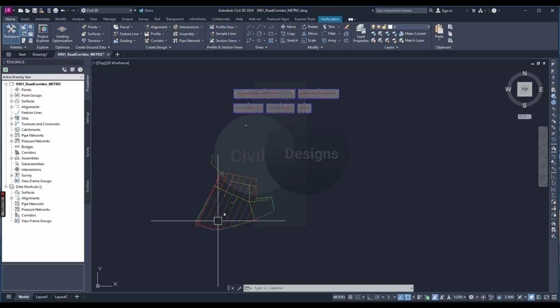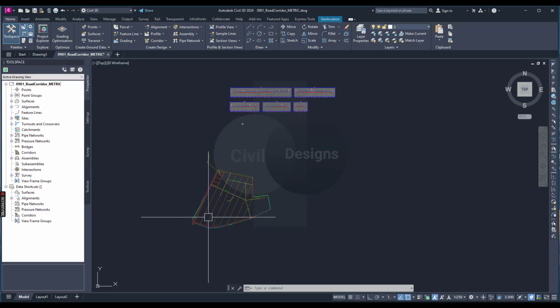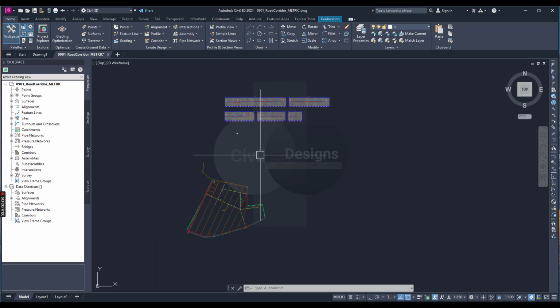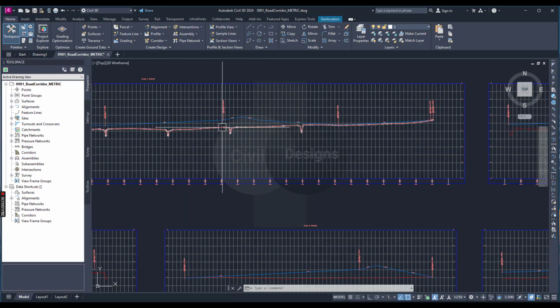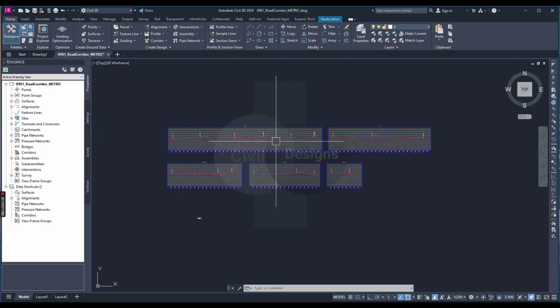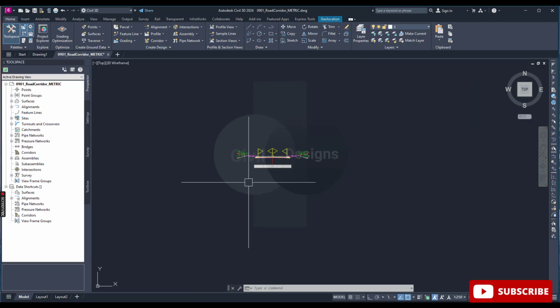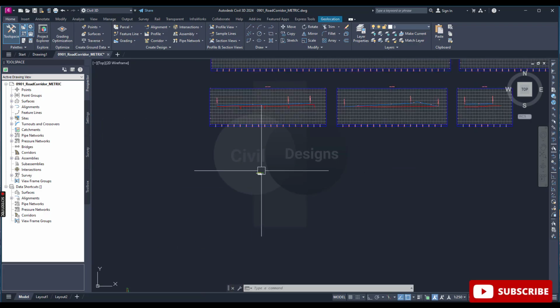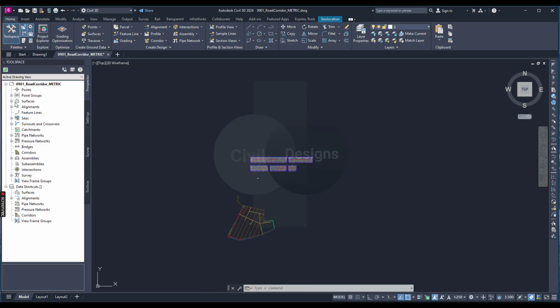Once you open it, you can see here that the drawing has several alignments, profile views containing the existing and design profiles for each, and we have also an assembly and an existing ground surface. Okay,